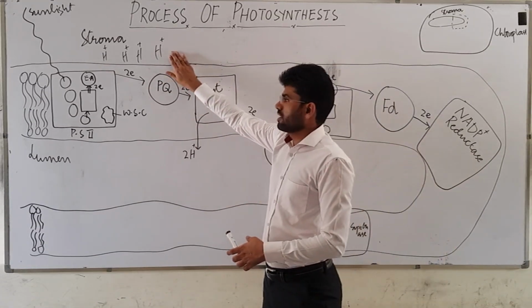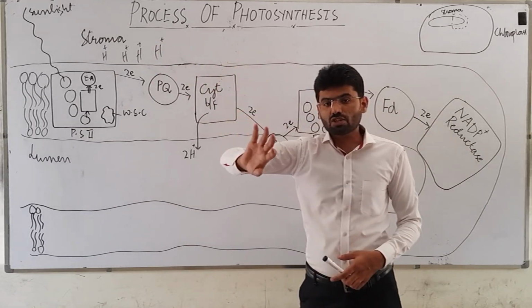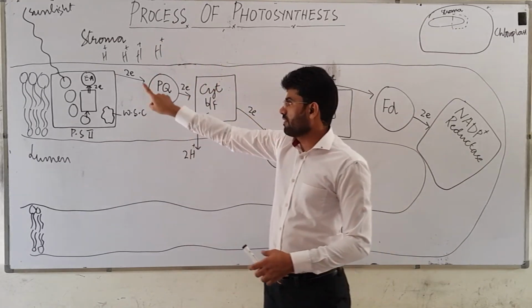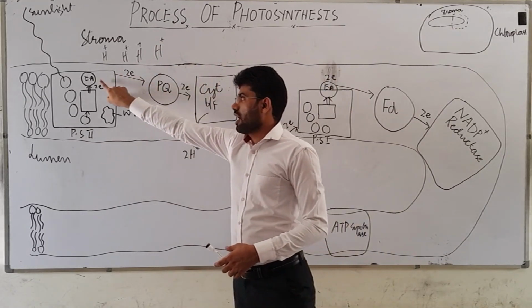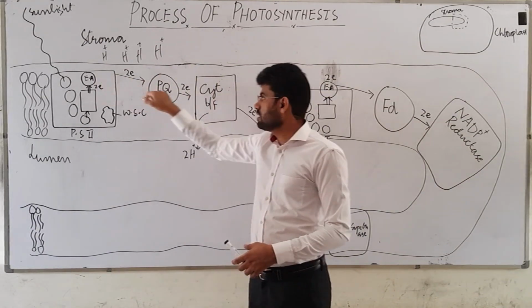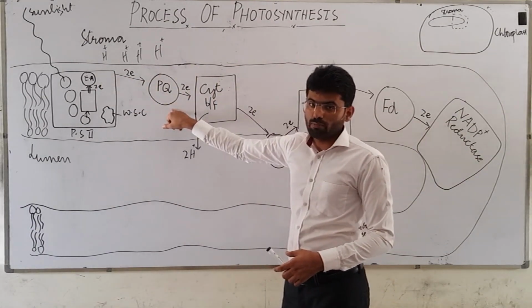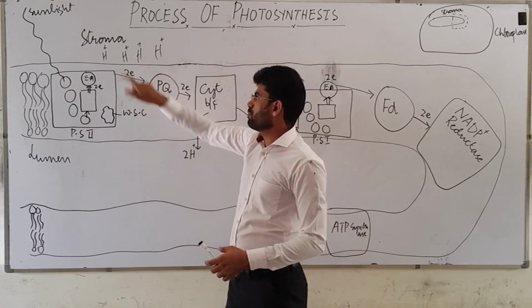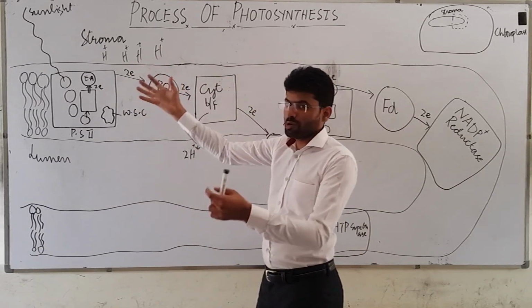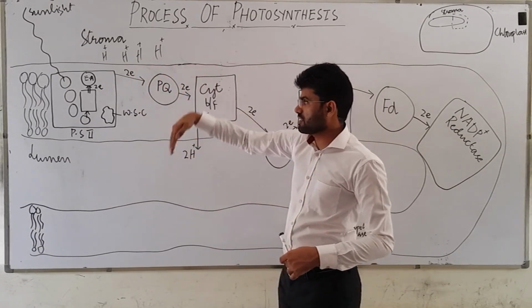So the stroma contains the concentration of H plus ions, and when these two electrons are given by pheophytin to the plastoquinone molecule, the two protons are pumped, or they are attracted,